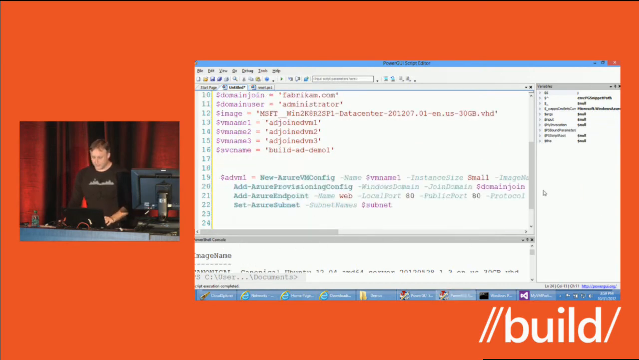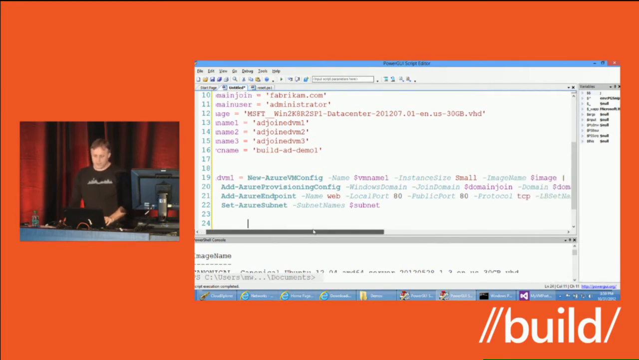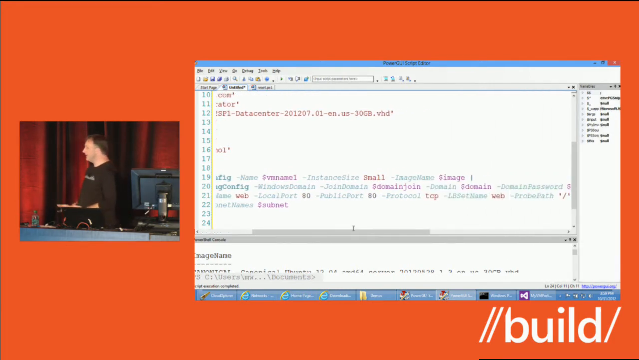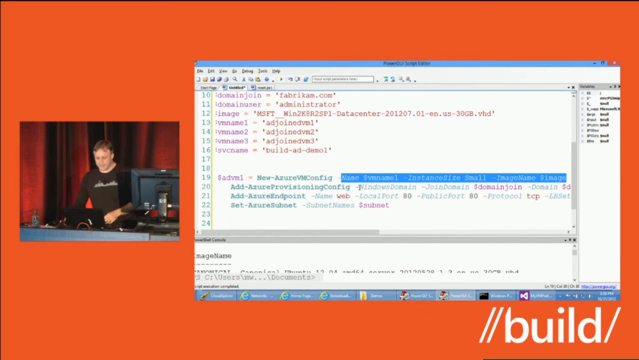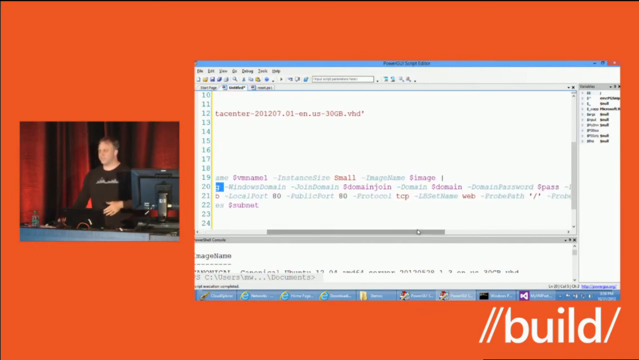So if you look at the code, just like you saw in the application, I'm creating a configuration. This is basically creating an object with the virtual machine name, the instance size, and the image name, just like the XML we saw in the Service Management API demo. And I'm adding all the provisioning configuration via the Add-AzureProvisioningConfig cmdlet. And this is that domain object that we saw in the entity. This is specifying all the properties that can go in that. So domain, domain join, domain password,